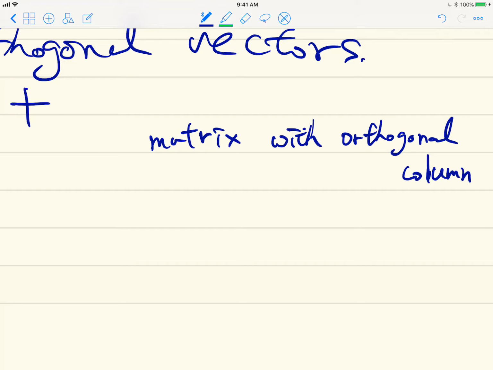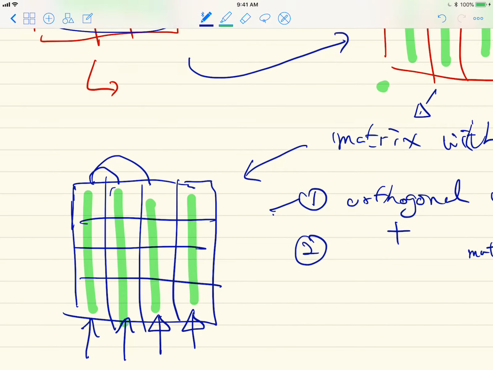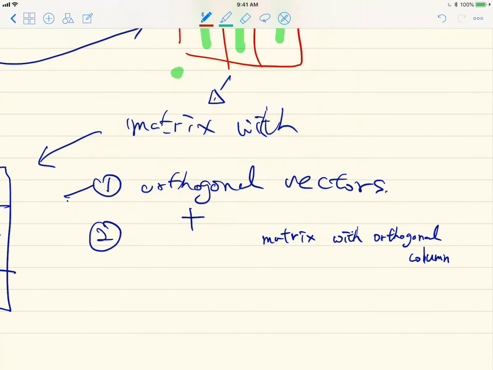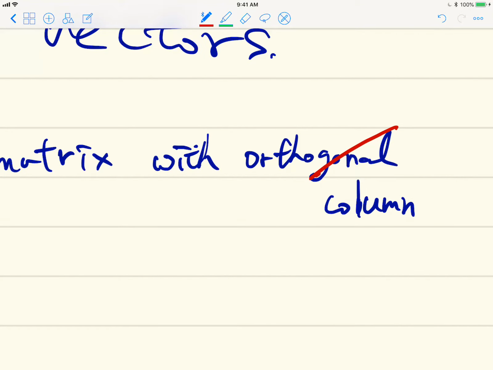But for the description that I just mentioned, being orthogonal to each other for any given pair, and also their vector length being 1, in that case these vectors are called orthonormal, right? Orthonormal. So we can describe that matrix as having orthonormal columns, but